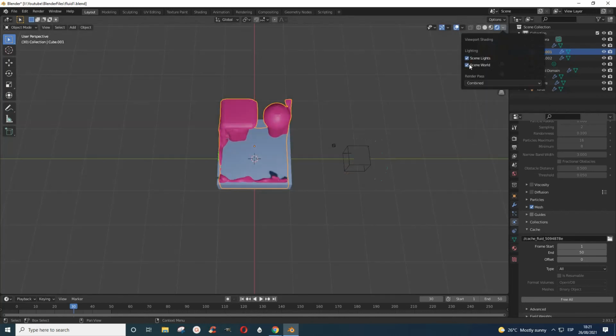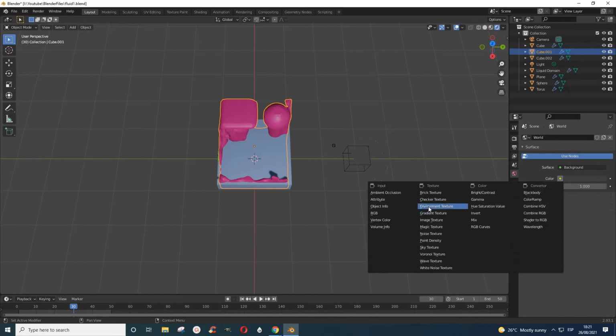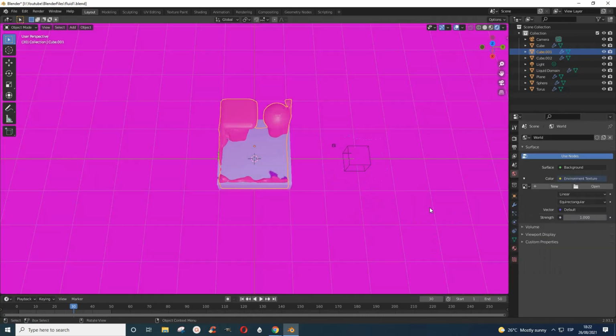So if I say use the scene world, then I go to my world properties, and then I'm going to use an HDRI to light the place. HDRI, you can get some from HDRI Haven, which is free to use on your YouTube channel or whatever. And then we need an environment texture, because environment texture is what